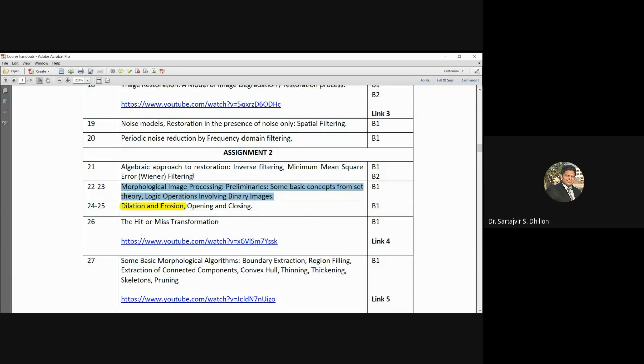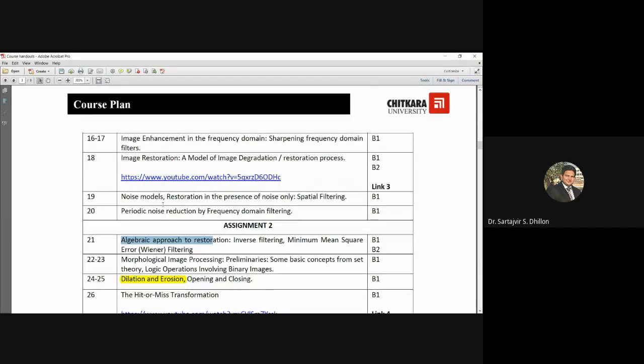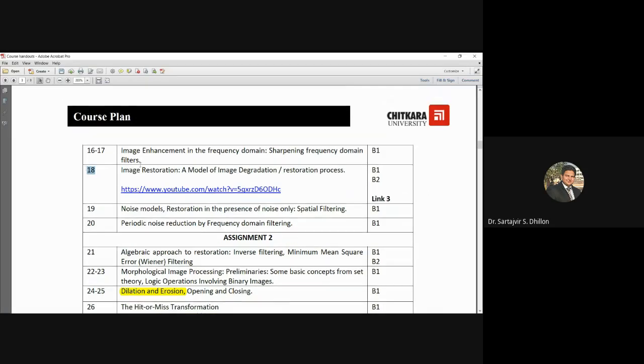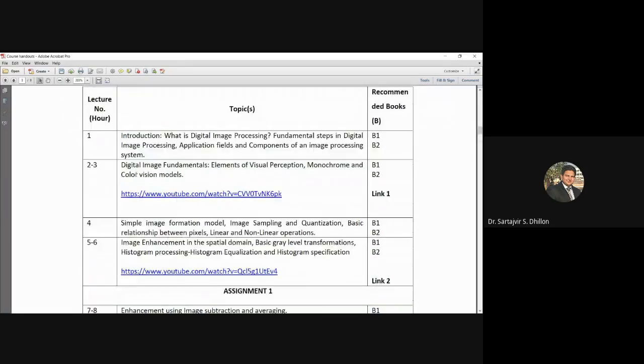Till last week we have covered the syllabus up to the 21st lecture, that is the algebraic based approach to restoration. And also note that in ST1 your syllabus will be covered up to the 18th lecture, starting from the introduction to digital image processing.